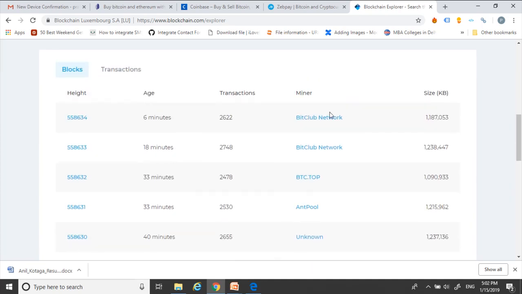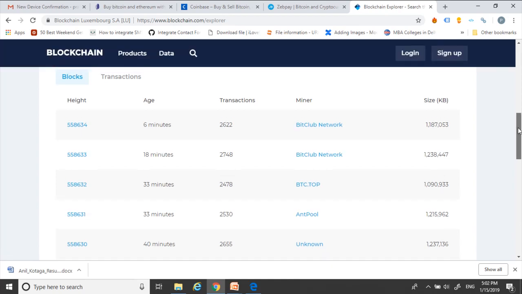And who is the miner? This is the name of the miner. There's a Bitcoin Club network. We have BTC Top, Antpool, and there are many others. So these are miners, and you can get associated with any mining network. If you have a very good computer, very fast, with a high processor, because it's serious stuff, you can get anything between $5 to $12. I don't know what the rate is now, but initially people used to get approximately $50 to validate a block in the blockchain.